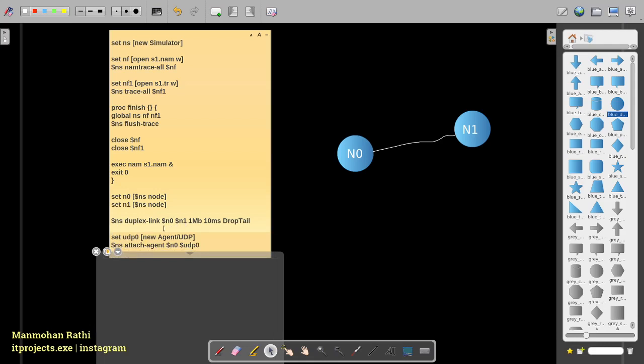This is a UDP. We are making a UDP connection here. What is a UDP? There are majorly in this network lab two protocols we are going to use, UDP and TCP. What the UDP protocol does is that when you send a data packet, suppose N0 sends a data packet to N1 using the UDP protocol, then it will just send the data and will not wait for the acknowledgement from N1, because it doesn't need that.